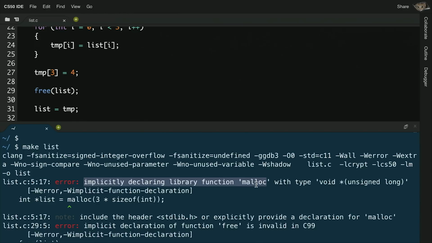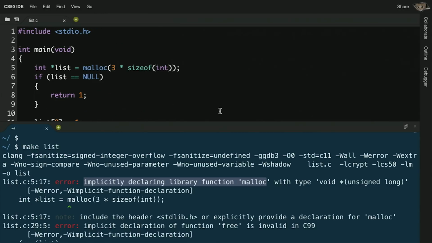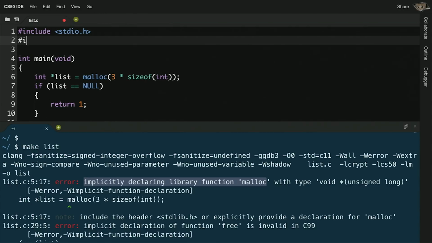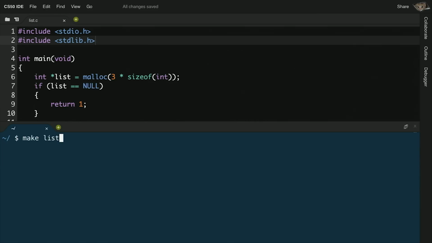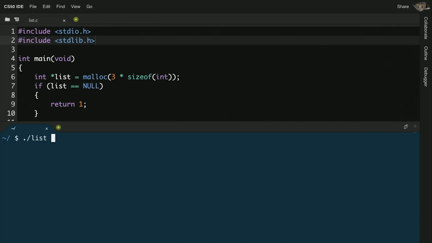What generally is the solution when you see implicitly declaring something? Header file? Which one do I want? Do you recall? This is subtle, and we might not have used it last time if I used the CS50 library, but it's standard lib.h. That is where malloc is. That is where free is. So standard lib.h is one new header file that contains last week's functions. So let me try this again. Let me make list. Nice. This time it did compile. ./list and,